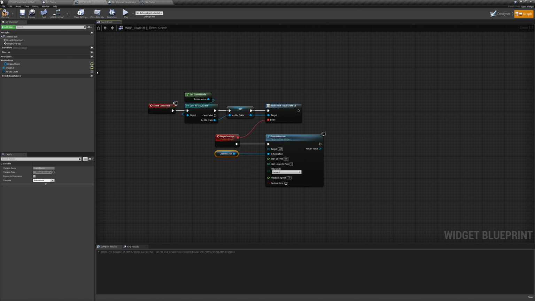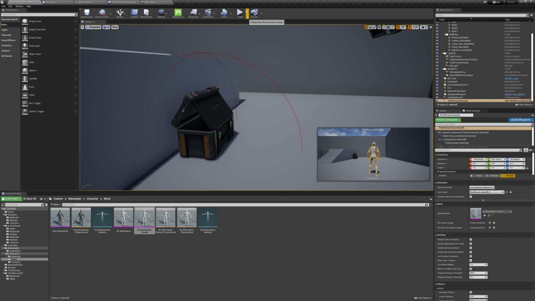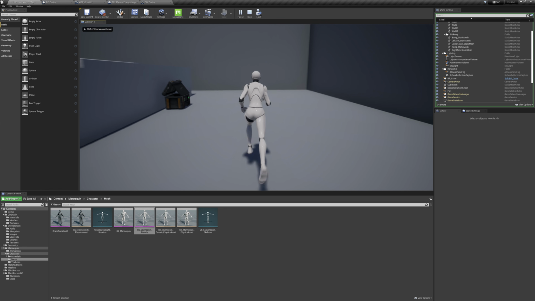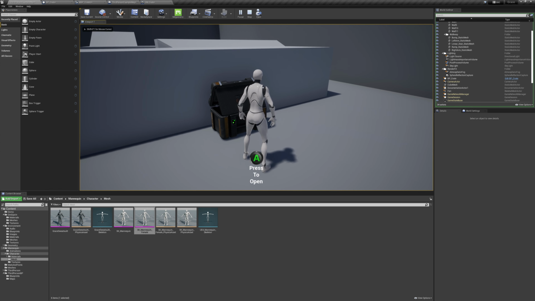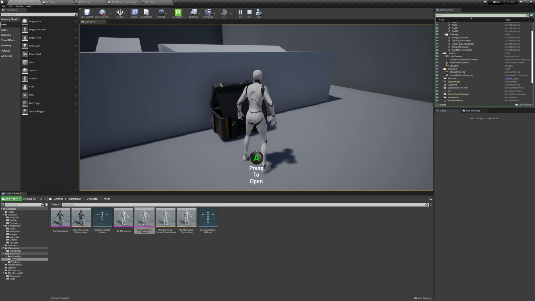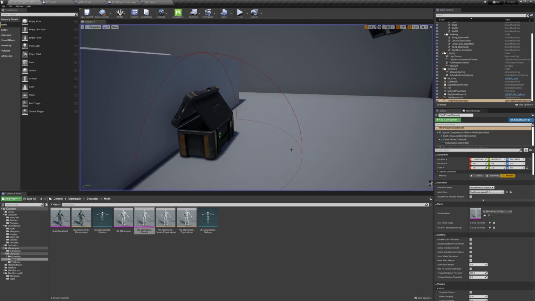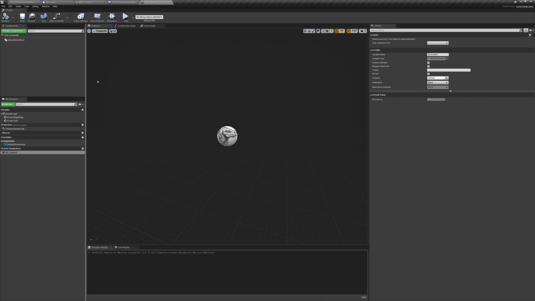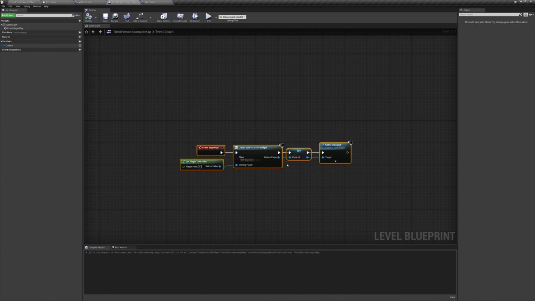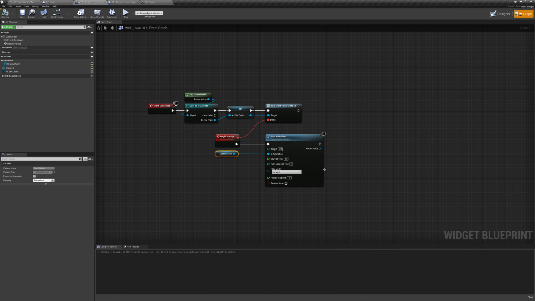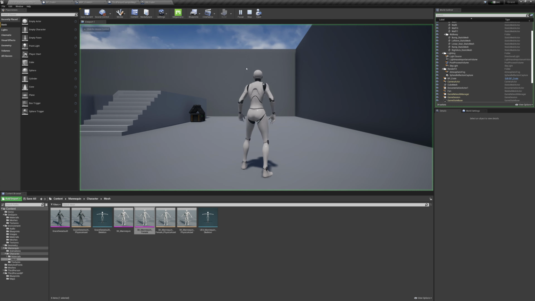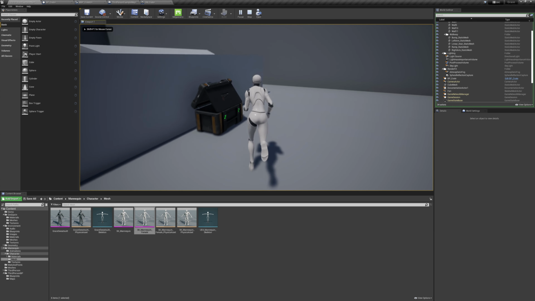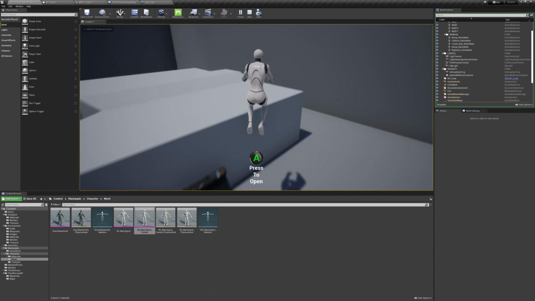So that should, now when I get close enough to this object, play the animation of our UI appearing on screen. Now, I also want to check for the player leaving the UI. Because now what happens is it's not on screen, and as I approach the crate, it appears on screen, and